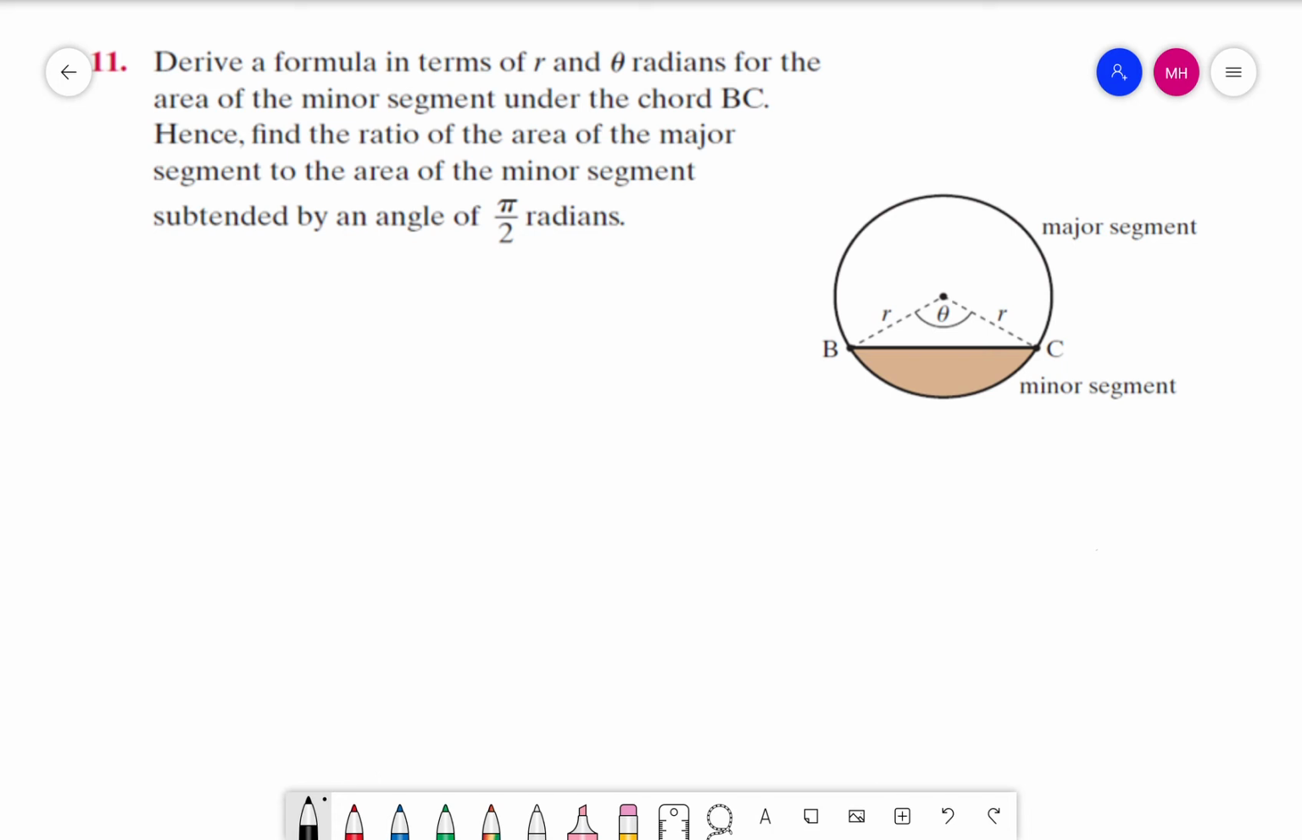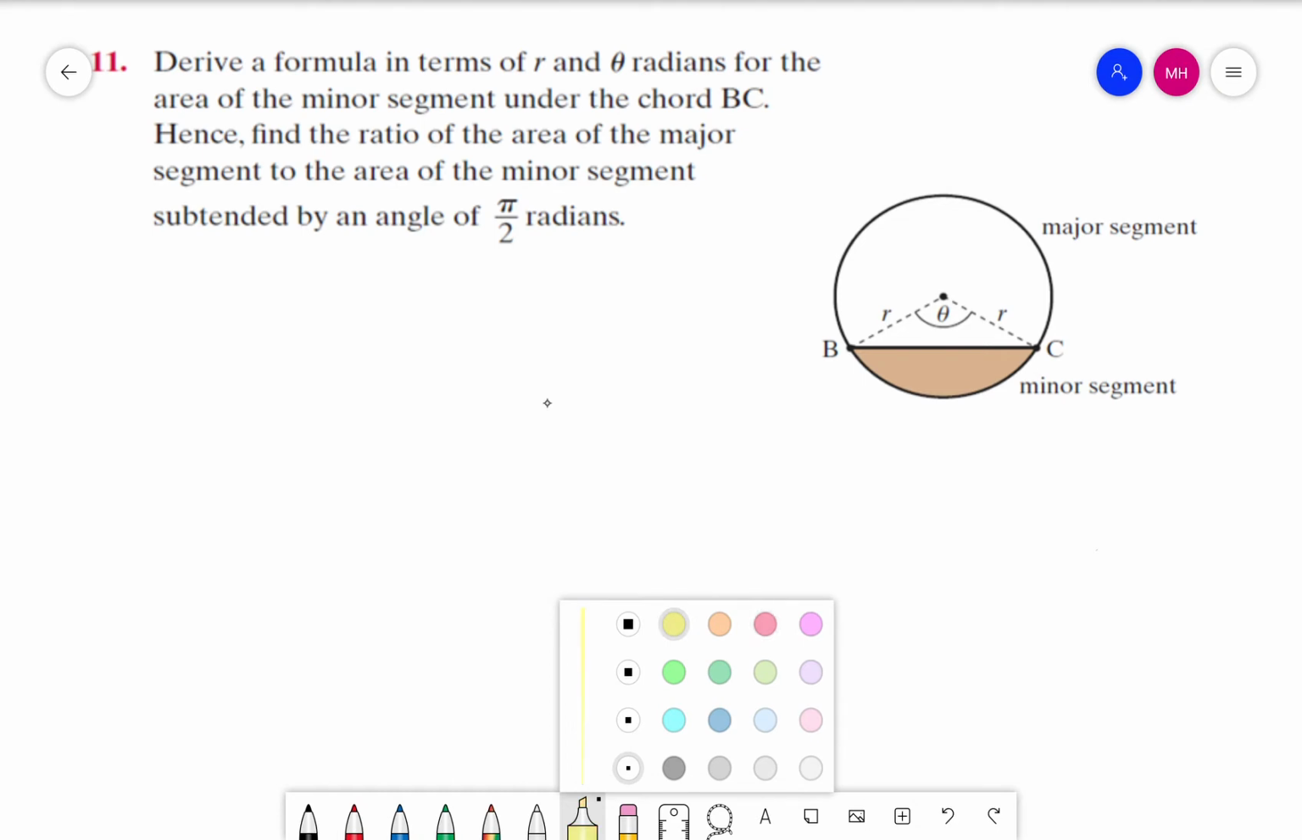So, derive a formula in terms of OR and theta radians for the area of the minor segment under the chord BC. So, this is what we need to get a formula for. This bit here that they've shaded in, I'll shade it in again. Okay. Now,